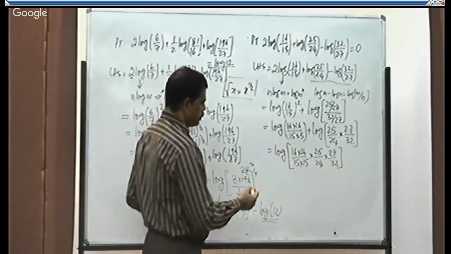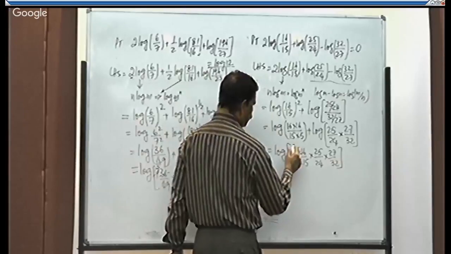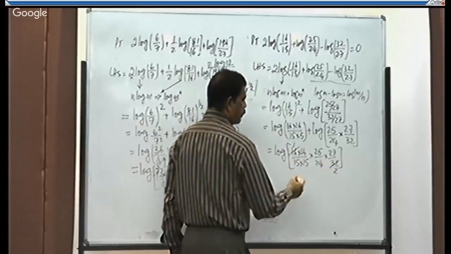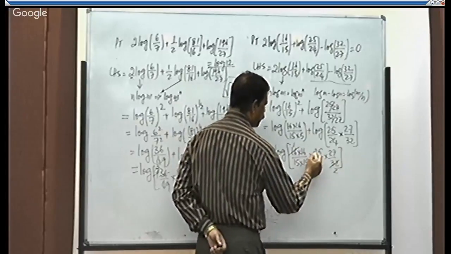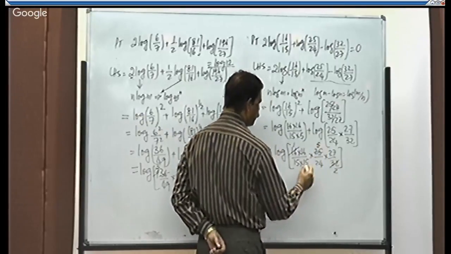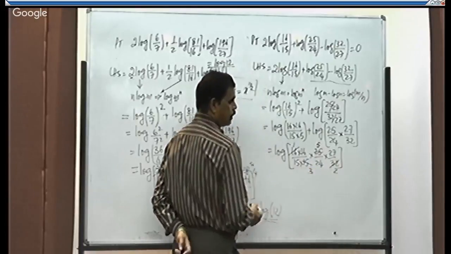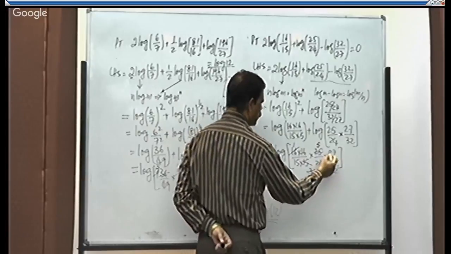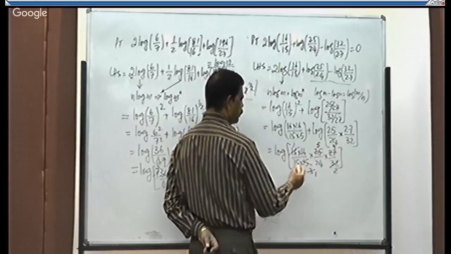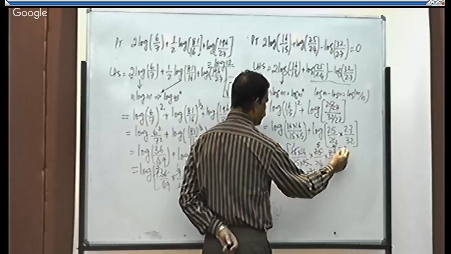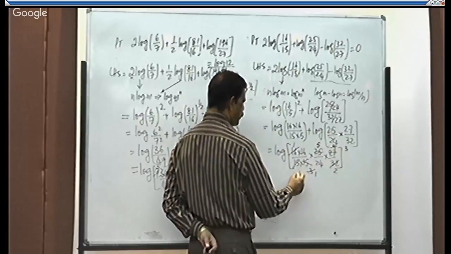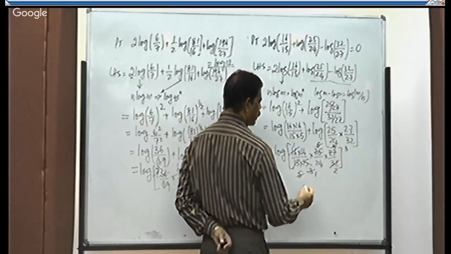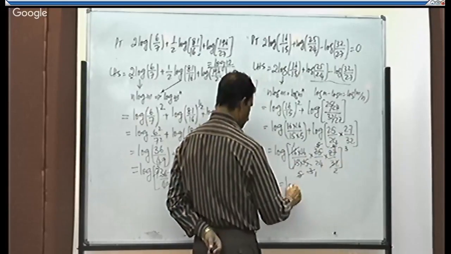Cancel it. So 16 1 ja 16 2 ja. Right? These two get cancelled with 5. 5 5 ja 5 3 ja 15, and these two get cancelled with 3. 3 9 ja, right? Cancels with 3. 3 3 ja 3 5 ja, and this 5 gets cancelled. What is remaining? It is equal to log of